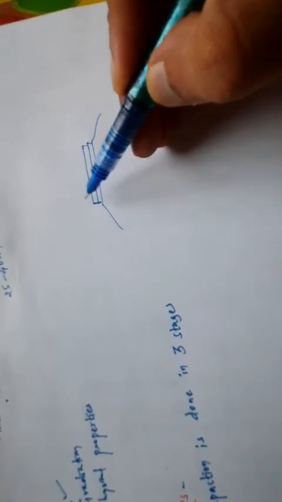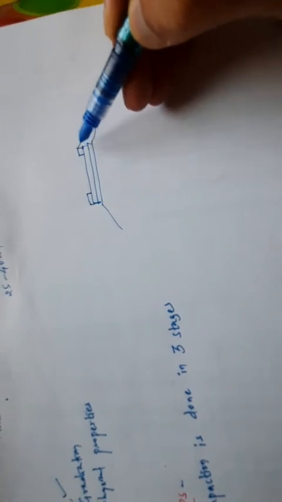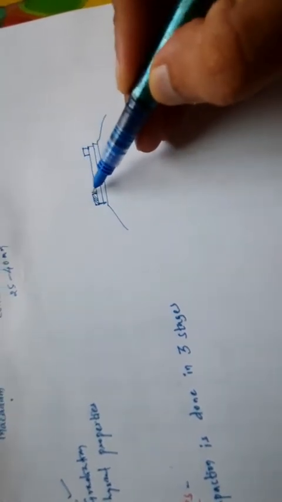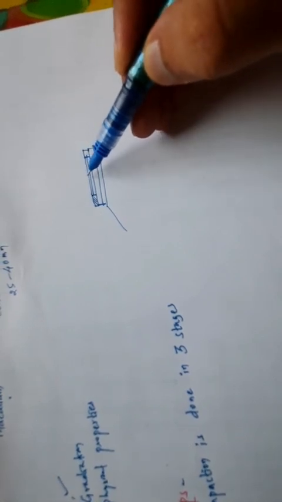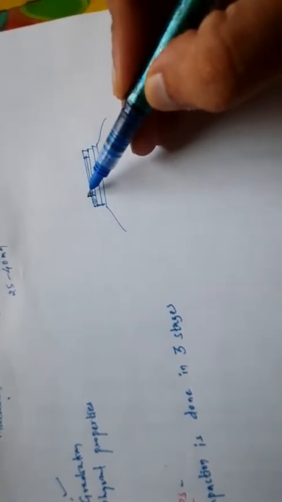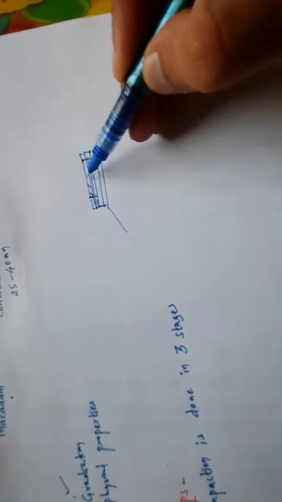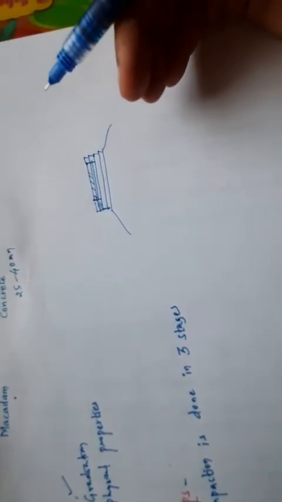In the base course, while constructing, you want to have lateral confinement, that is what you call the shoulders, which have to be built first, then the same layer of the WMM or base course is done. After that, at the top again we are going to have the confinement, then we are going to build up with the binder course and the surface course. So this is how the construction procedure goes.